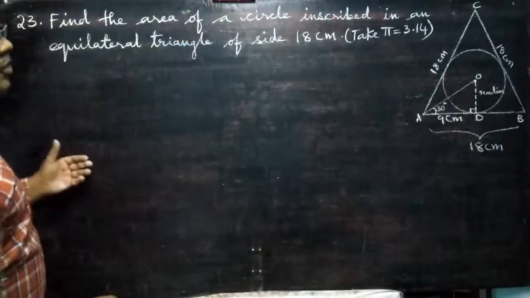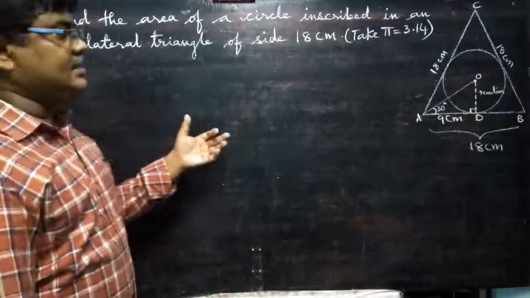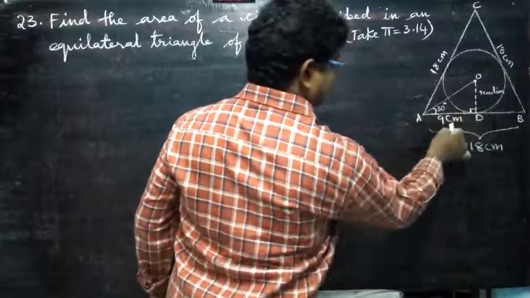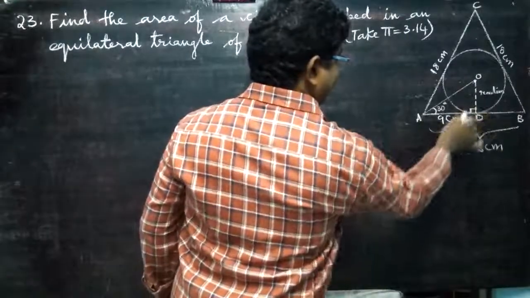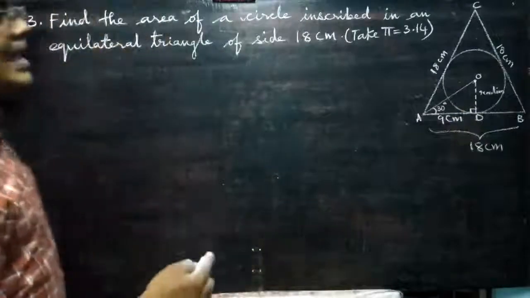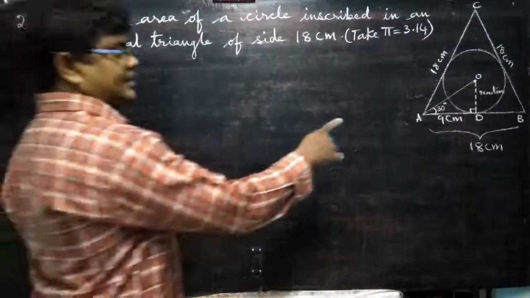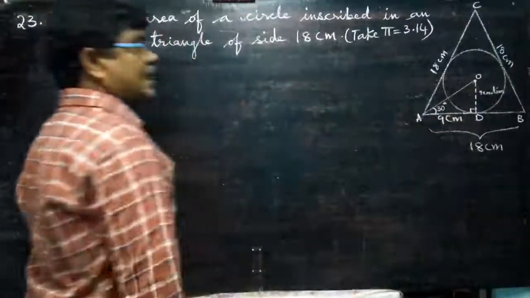Now which one are we going to take? Select sine, cos, tan. In these three we are going to find the radius, and given is adjacent. Opposite and adjacent means we are going to take tan theta, that is tan 30 degrees. This much explanation is there. So be careful, you can't take it as you like.